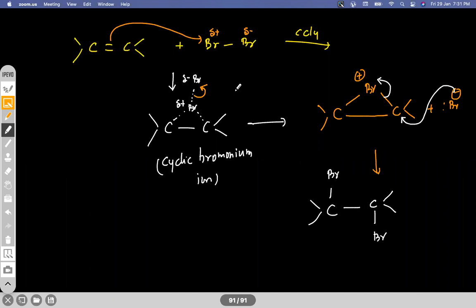For the next class, most probably we'll have it on Friday only. I'm not very sure, we'll let you know one day before. We'll start with the reaction of hydrohalogenation. Write down the heading: reaction with HX. We'll start from here in the next class and finish this.